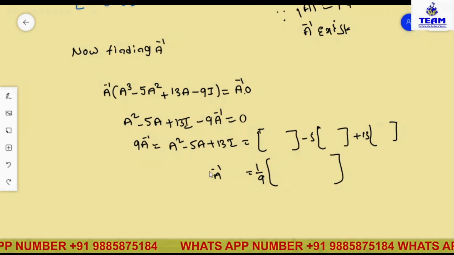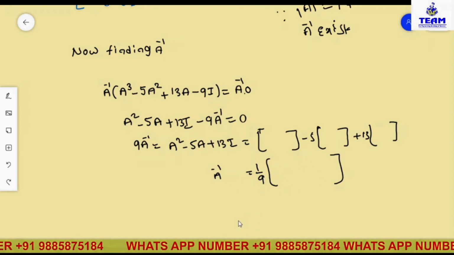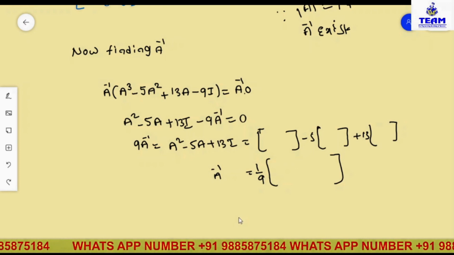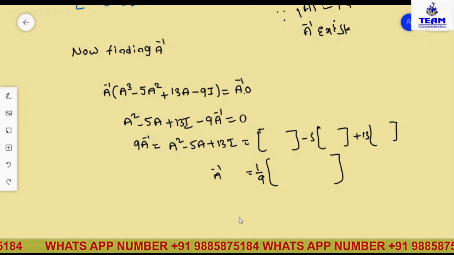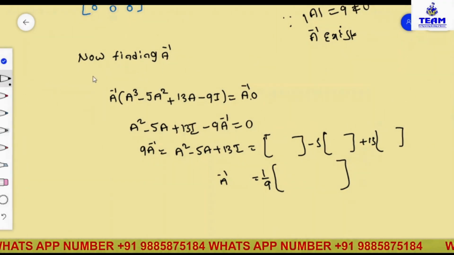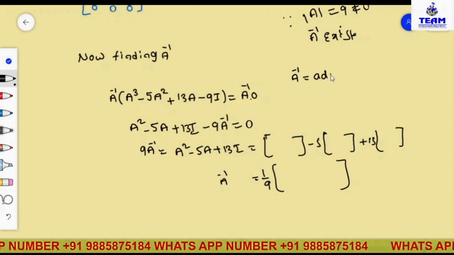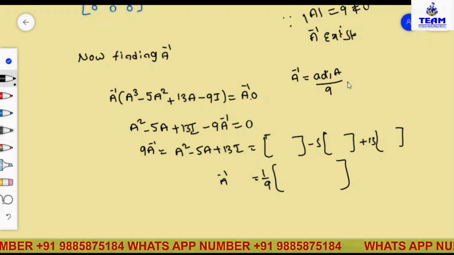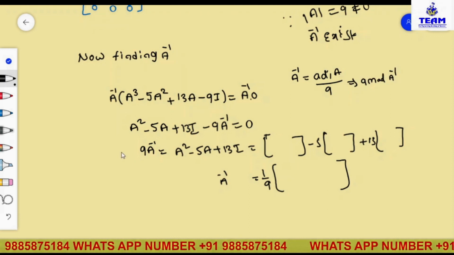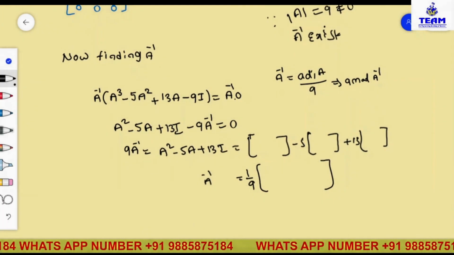I will use the calculator with adjoint only. First check whether the determinant exists or not. Det is not equal to 0, so this is a non-singular matrix, so A inverse exists. If A inverse exists, you know how to find adjoint A. Already I told you how to evaluate A inverse in the calculator. You have to write the general formula: A inverse is equal to adjoint A by det A. What is the det A here? You have 9. So in the calculator, if you enter 9 and Mat A inverse, then you will get this value. Now I will show you this one.